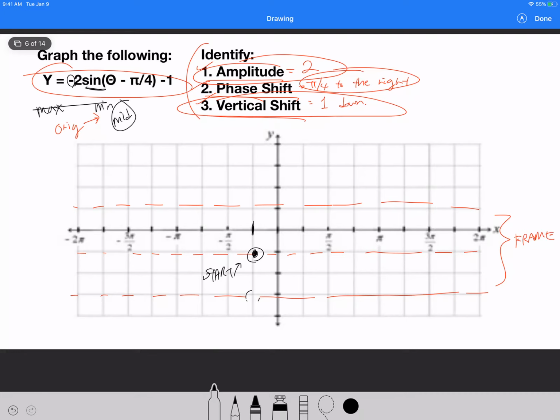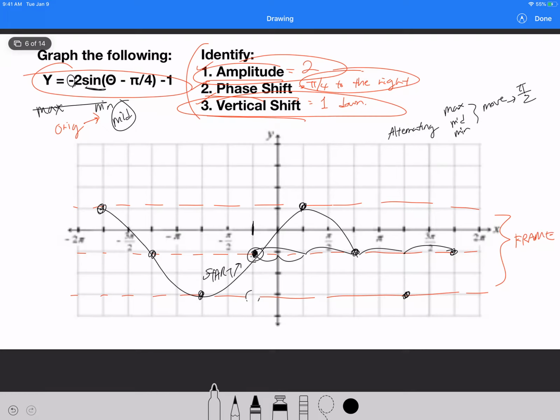And then you're going to go right twice because you know that when you're alternating between max, middle, and min, you always move in increments of pi over 2. So once you move right by pi over 2, you go up to max. Another pi over 2, you go to middle. Another pi over 2, you go to min. Another pi over 2, you go to mid. And then once you repeat the cycle over and over again,